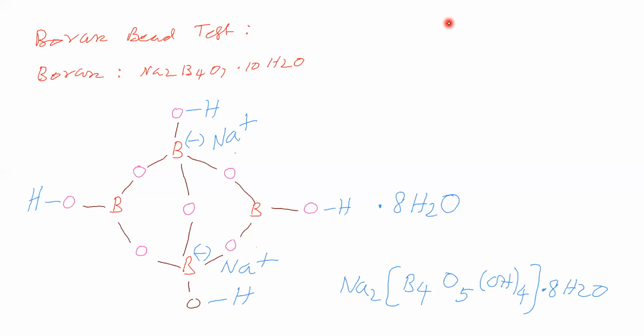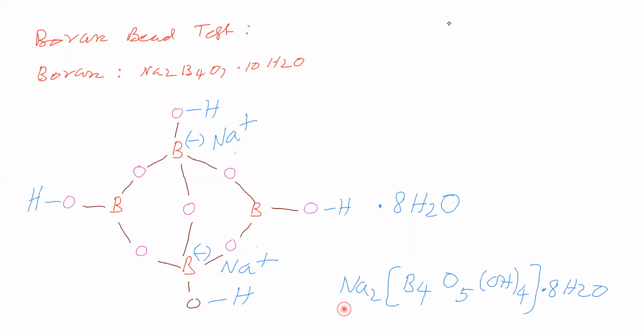Now this boron is having a negative charge because it is having 4 bonds. Boron is group number 3A, so boron can normally form 3 bonds. Here the fourth bond is there because of the vacant orbital in the boron. Due to that, the boron is getting a negative charge. This boron is having 4 bonds, so that negative charge. For this boron, no negative charge because only 3 bonds. These two sodium ions we have written as Na2. The remaining 8 water molecules we have written here.